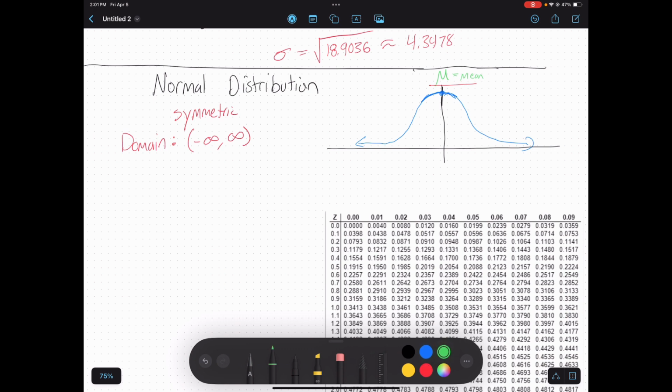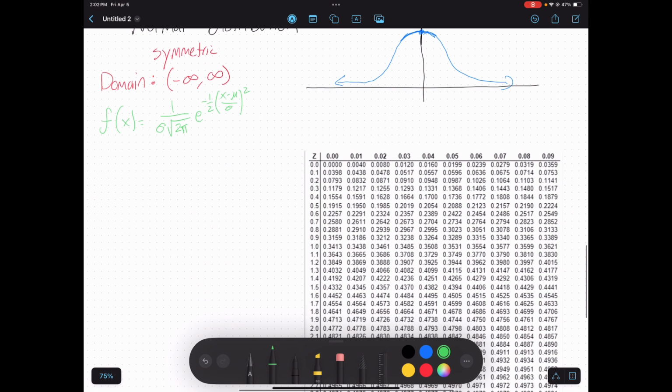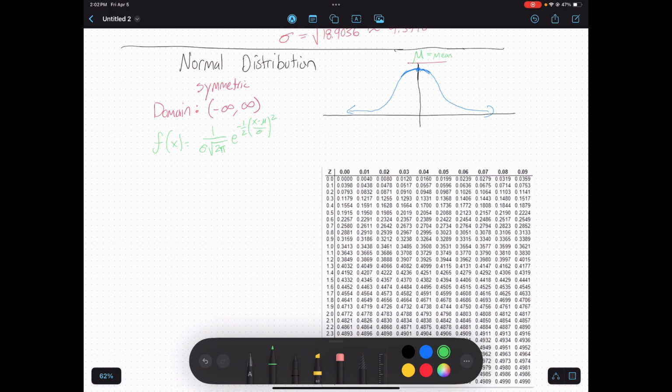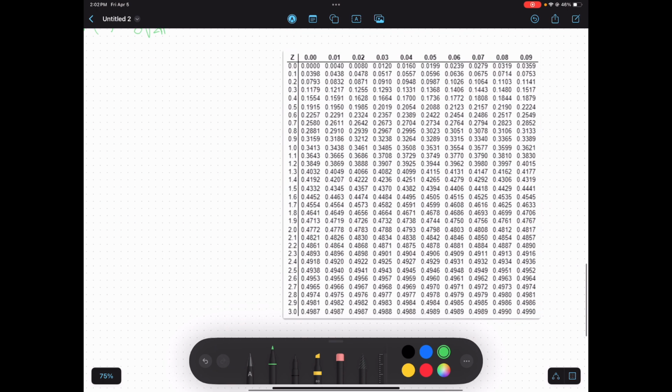What's not nice about this function is if you actually write it, it's 1 over the standard deviation times the square root of 2 pi times e to the negative 1/2 times x minus the average over the standard deviation, squared. Ugh. Guess what? That's not a function you can actually integrate. It's very, very complicated to integrate, and it requires a calculator. So how is this helpful then? Well, we do have powerful calculators that can do that sort of computation, and you'll actually see on your homework,